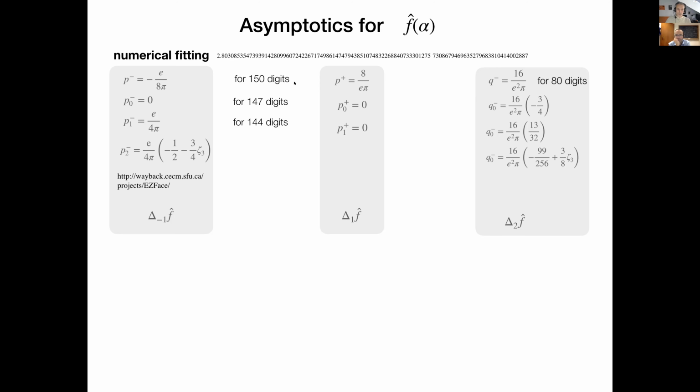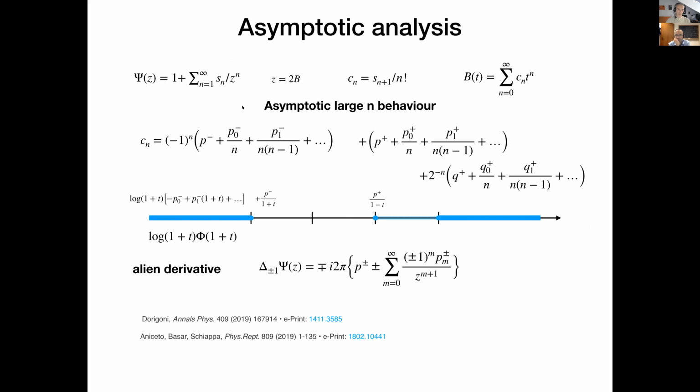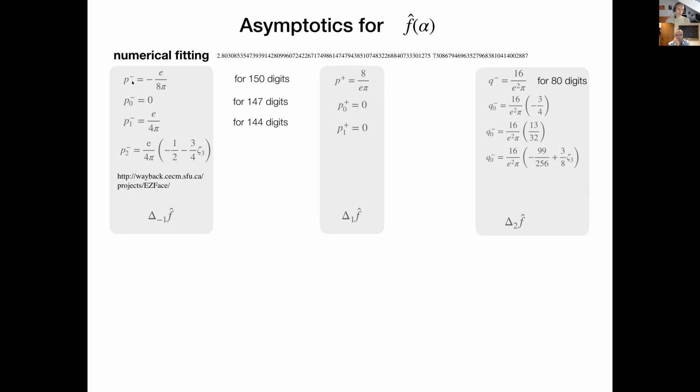And then what you do, once you know the asymptotics, you just subtract this asymptotics, and then you multiply by n, and then you repeat a similar analysis. So I'm saying you can get this coefficient, like e to the 8 pi, from the asymptotics, and then you see the next coefficient is 0 for 147 digits. And then for the next one, usually you calculate just the ratio of this coefficient divided by p minus. And for example, here in this P2 term, you will get a number, and then you take the ratio. It doesn't look like anything.